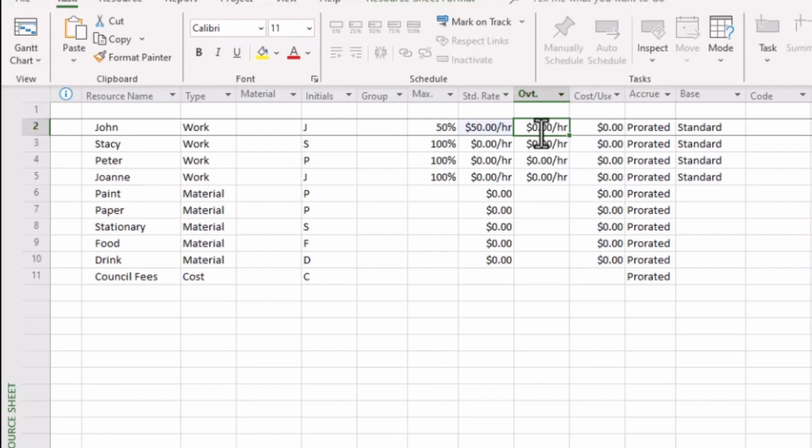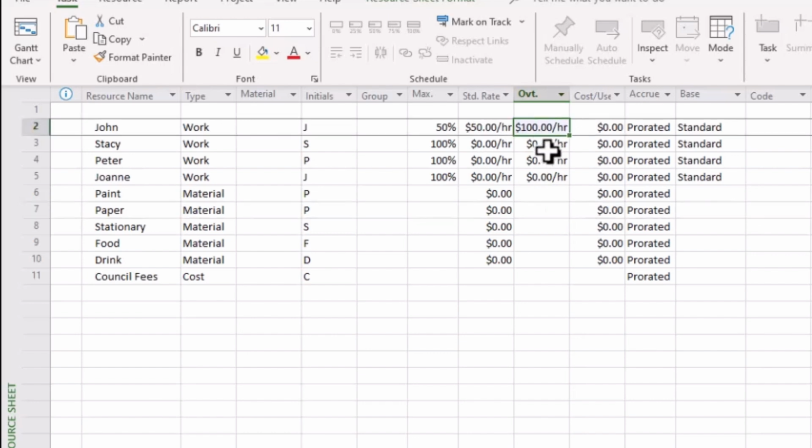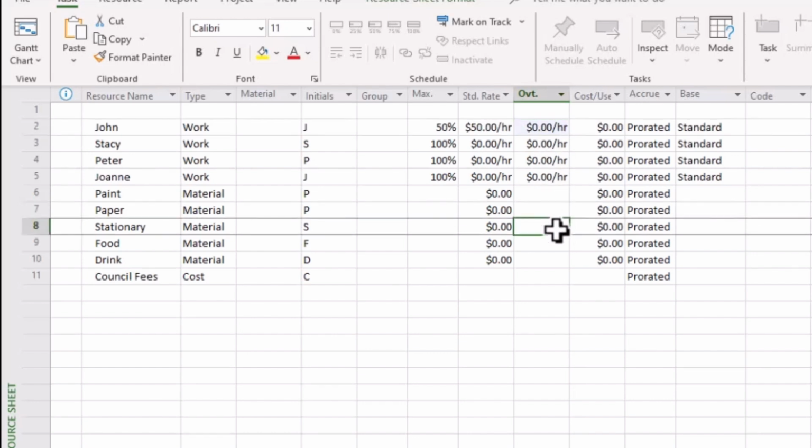Some employment conditions may direct that penalty fees or penalty units be applied for staff that are forced or made to work overtime. If those conditions apply, you can put in an additional amount, say $100 an hour in this particular case, a higher amount for overtime fees. But I'm going to leave that blank.